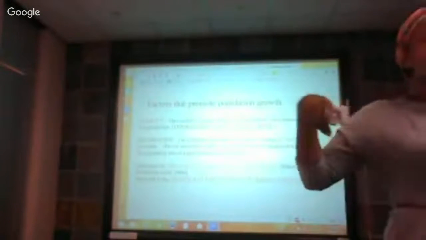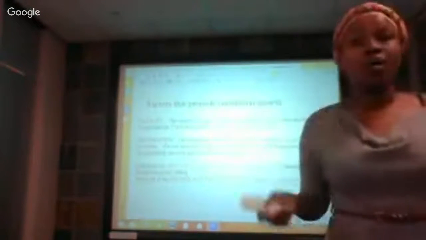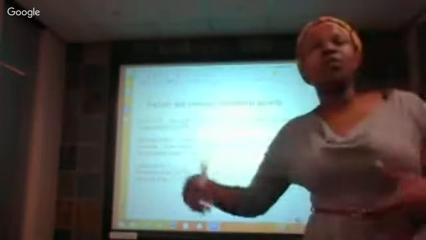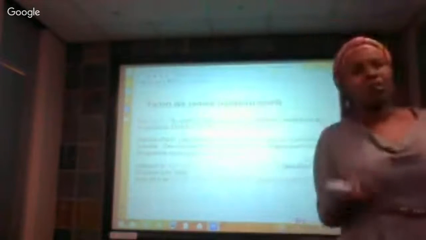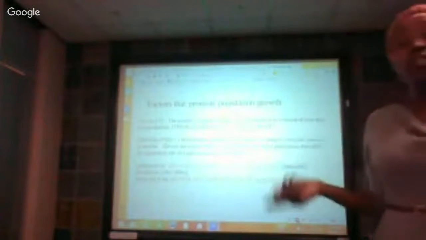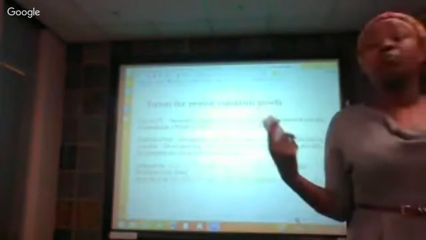And also immigration. It doesn't actually contribute to the increase in population size for the entire world, but it increases the population sizes of certain countries. If a person migrates to another country, that country's population increases, but the general population of the world doesn't really get affected. Some of the influences of this are the advances in technology, as I stated, and also the significant improvements in medicine.